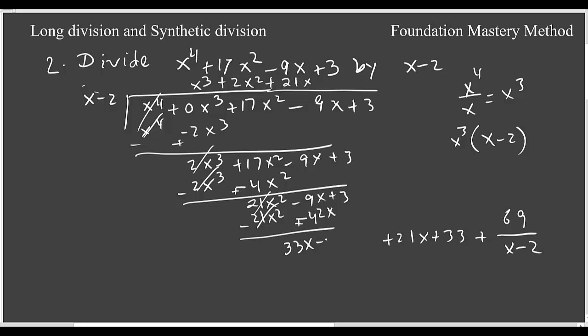That one is giving me 33x plus 3. Now this one goes here 33 times, so you get 33x minus 33 times 2, which is 66. When you change the sign, it will cancel out. 66 and 3 will be 69. That is the exact